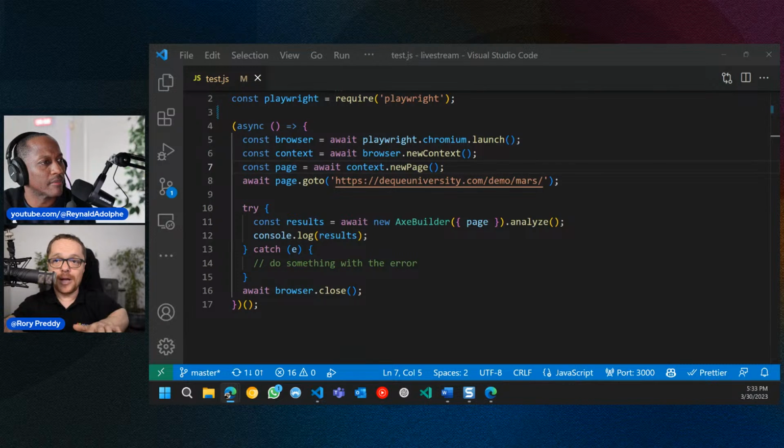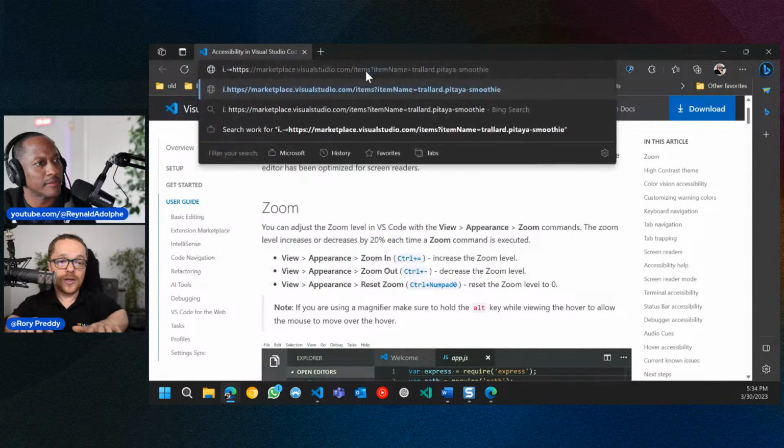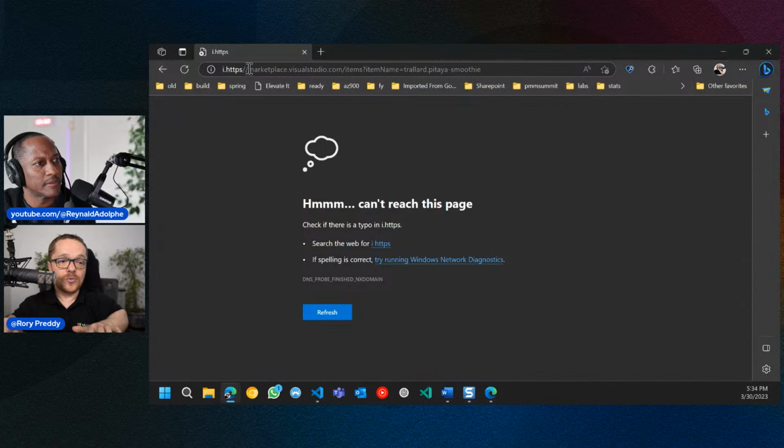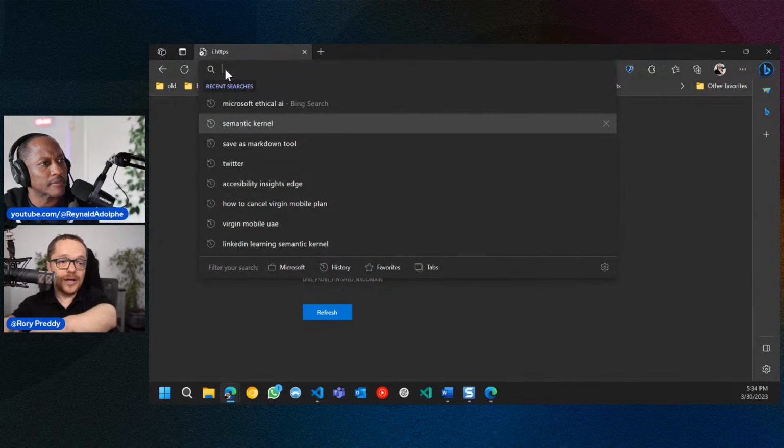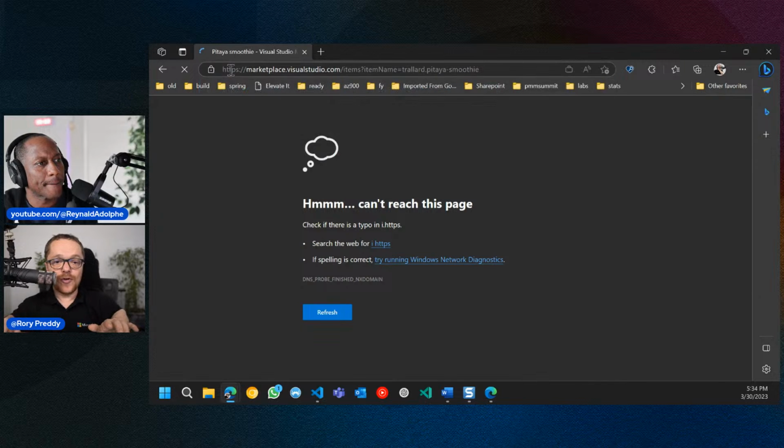I'm going to put the color themes here. So if you are colorblind, I'll put it in the chat here. That is a really great theme for colorblindness. So let's go into here, and let's go into that theme. I want to go HTTPS. Sorry, I did the cut and paste without actually looking. There we go.